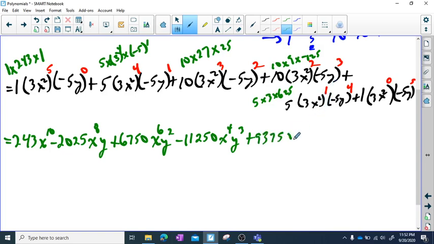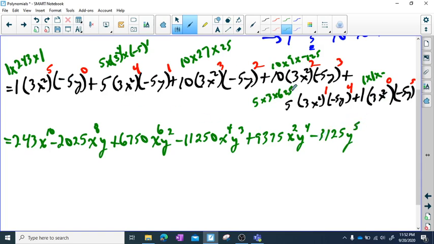X will be to the 2, y will be to the 4. Last one, we have a 1. 3 to the 0 is also 1. And then we've got negative 5 to the power of 5, so that's going to be, what's 5 to the 5? 3125. So it'll be a negative, because that's an odd exponent, negative 3125. There'll be no x because that's a whole bracket becomes 1, so it'll be y to the